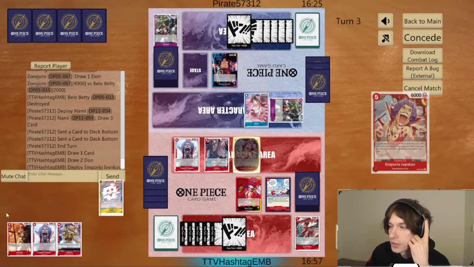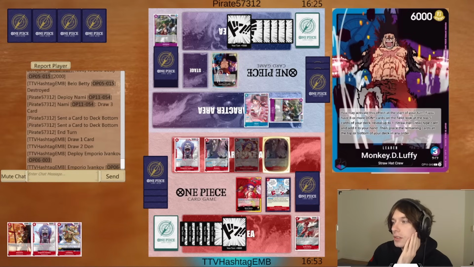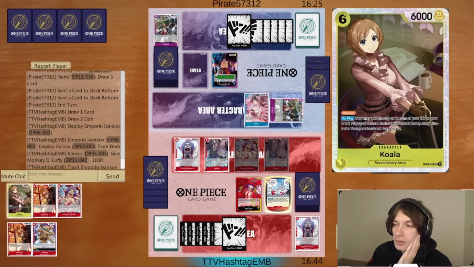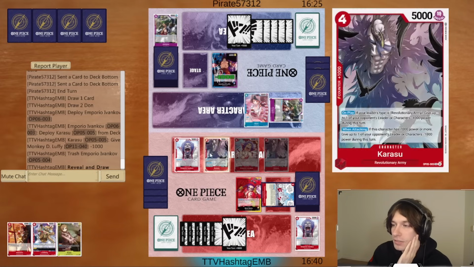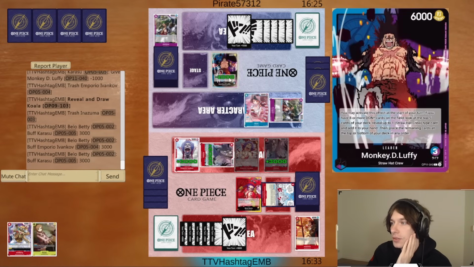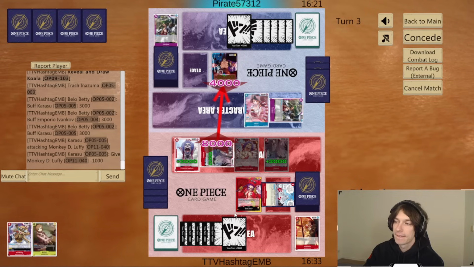I'm actually going to use this first. There's a Zeus, but we'll grab Karasu here. It's on his leader, we'll use leader effect. I think I'm actually going to get rid of the Ivankov, and we're going to grab a 6-cost Koala for next turn. And instead, we're just going to get rid of this Inazuma. I'm going to swing 8 into 4, and we're going to swing 6 into 4, and then we're going to swing...